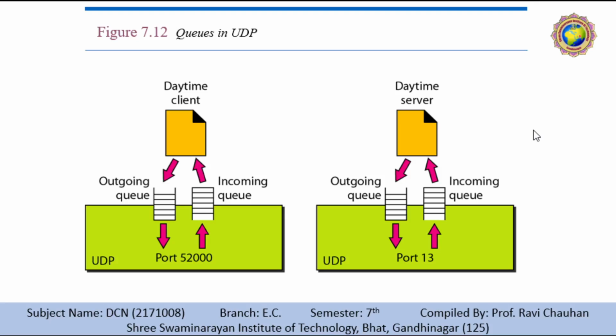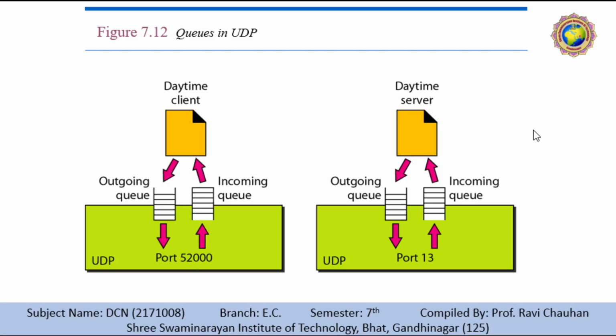If there is such a queue, UDP sends the received user datagram to the end of the queue. If there is no such queue, UDP discards the user datagram and asks the ICMP protocol to send a port unreachable message to the client. All the incoming messages for one particular server, whether coming from the same or different clients, are sent to the same queue. The incoming queue can overflow. If this happens, UDP drops the user datagram and asks for a port unreachable message to be sent to the